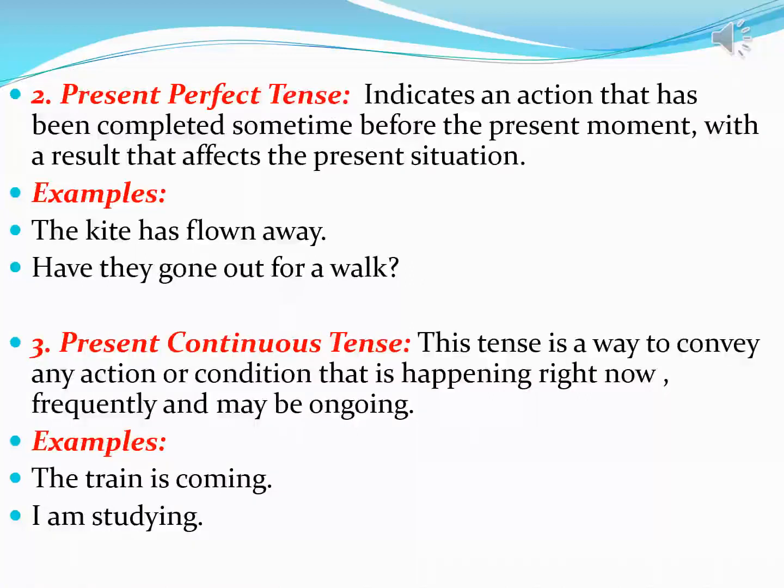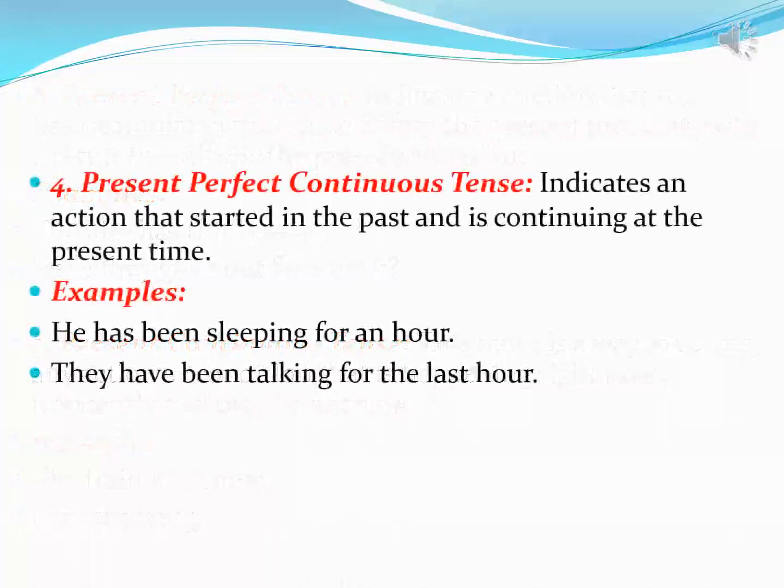Next we have the present continuous tense. This is a way to convey any action or condition that is happening right now, frequently, or maybe ongoing. For example, the train is coming, I am studying, or we can say he is swimming. The last category under present tense is present perfect continuous tense, which indicates an action that started in the